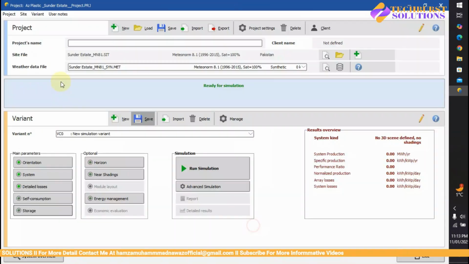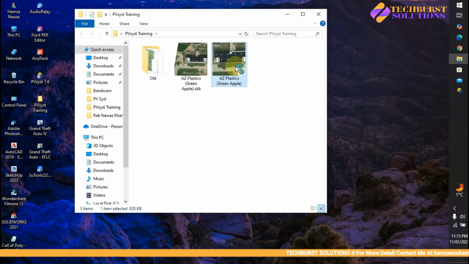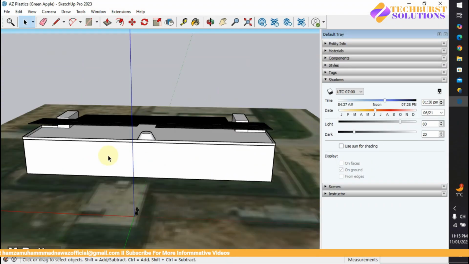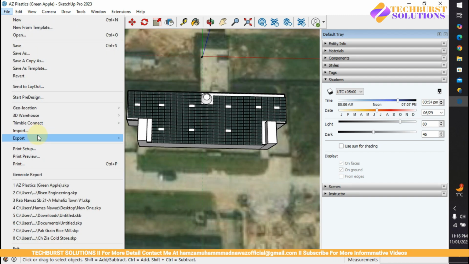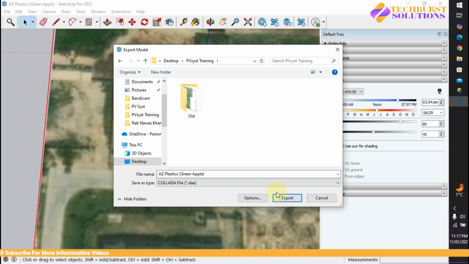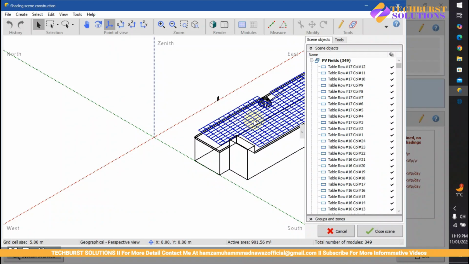In my case, go for move on SketchUp file, but this on the side. I'm going to import a SketchUp training model as a plastic, export plastic green apple file, and